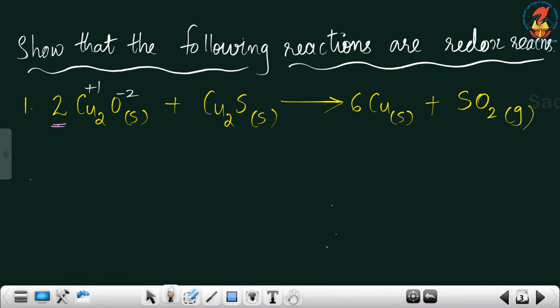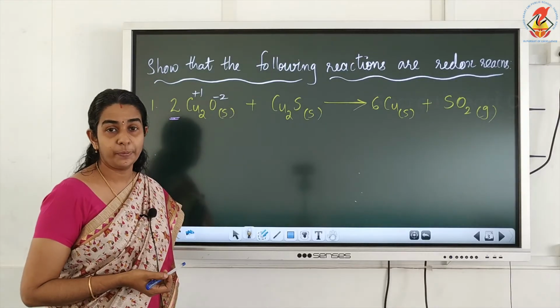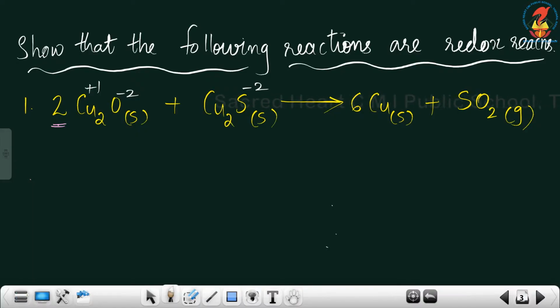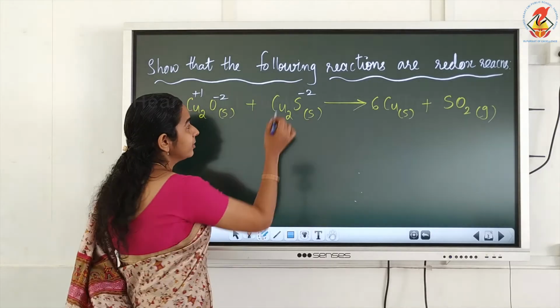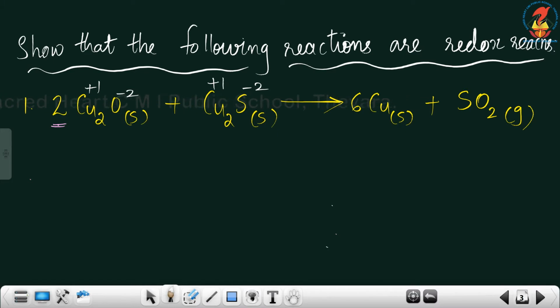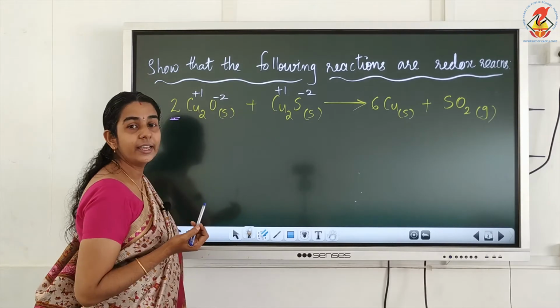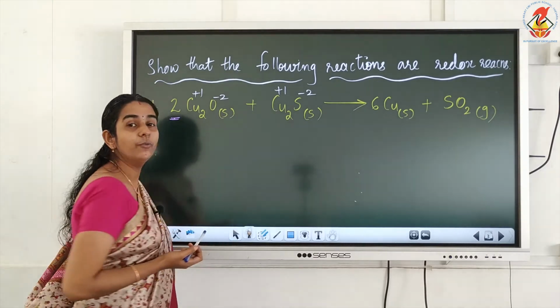Now, the next is Cu2S. Here also it is a neutral species, so the sum of oxidation states should be equal to 0. Sulfur, we know that it is -2, so the copper total should be +2. Here we have 2 copper atoms, so 1 copper will be +1. So +1 into 2 is +2, plus -2, it will be equal to 0. Now, in Cu2S, what is the stoichiometric coefficient? Nothing is written along with copper sulfide, that means here we have 1.